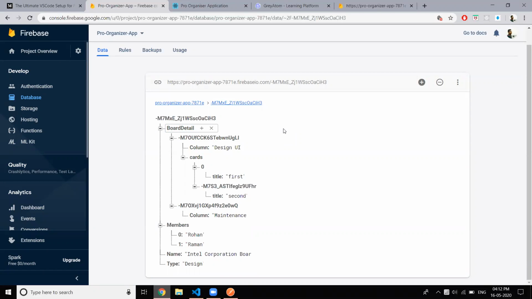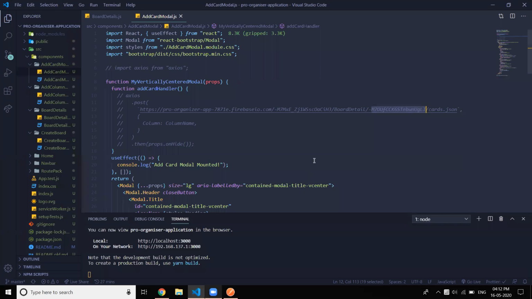So now come to code, VS Code. Now you want to get this ID when you make a post request. So when you fill in the data in this modal, when you click on add card, you need to get the column ID. So can you just create a variable over here?